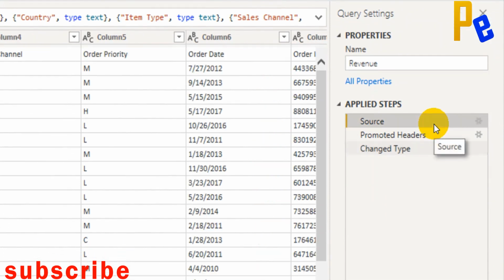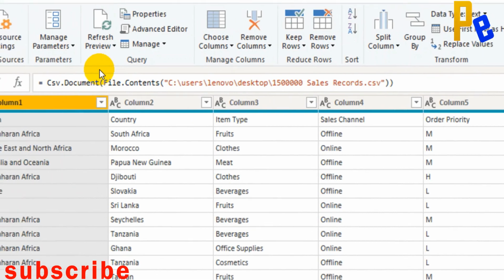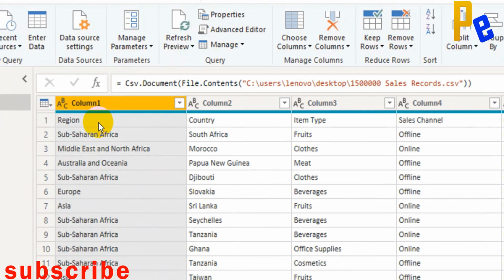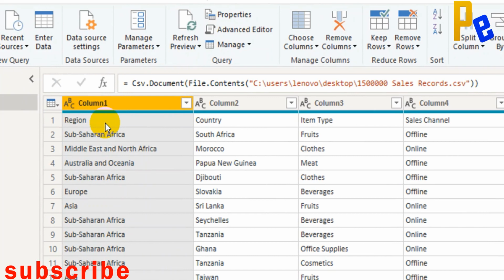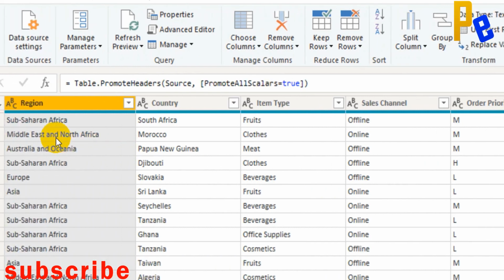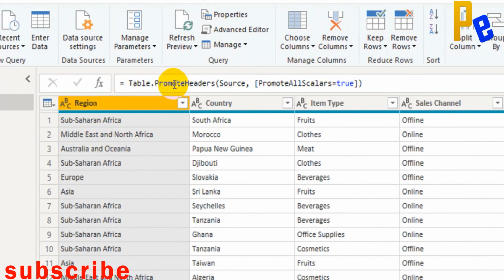The first step was actually created by me by typing the code CSV document, but the moment the data was taken inside the Power Query Editor, the data was not coming as required. The column header was part of the data. So I need to promote the headers. So Power Query Editor is taking care of that. You can see it is promoting the column header by table.promote headers. That is a function it is using, and it is actually putting all the single values on the top.